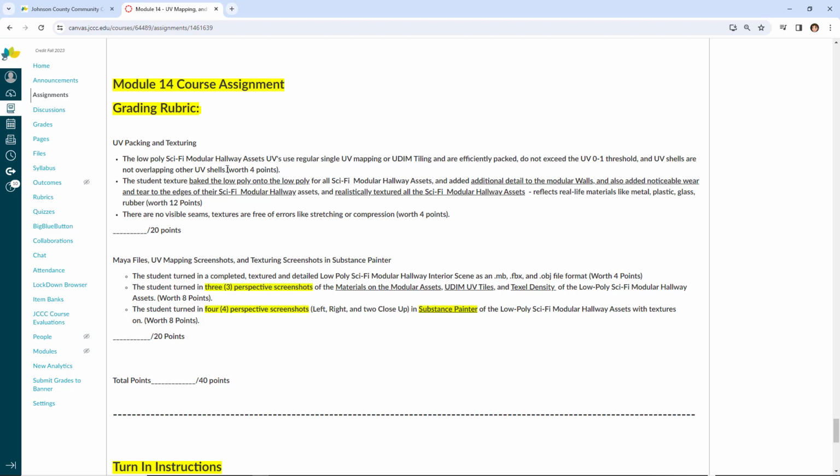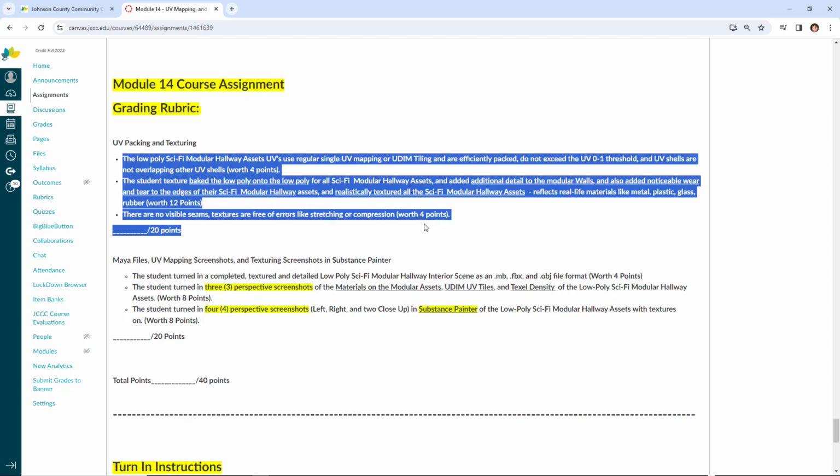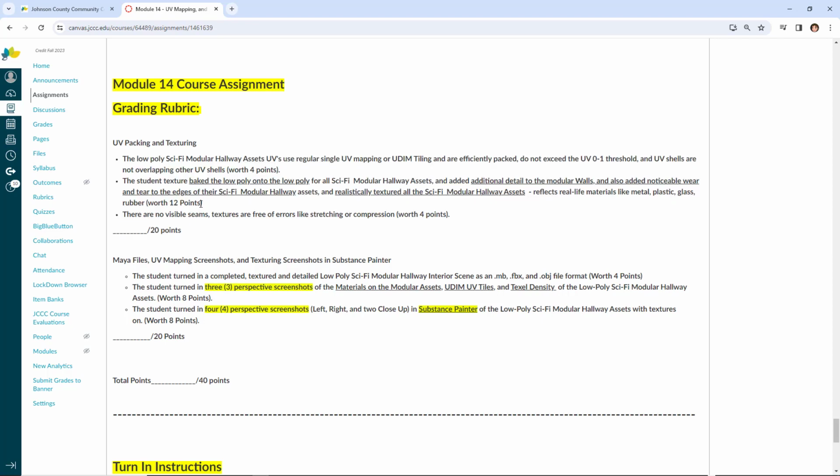Okay, so if you give me no screenshots, you won't just be getting 20 points taken away. If I can't grade you on UV packing, texturing from those screenshots, then basically you get no points, 0 points on everything, because it is imperative that I have those screenshots to be able to grade you for this stuff, if that makes sense. Okay? So, no screenshots, no points, and each day that you're late turning stuff in. Even if you turn something in, like you gave me your MB, FBX, and OBJ file, I can't grade any of this stuff without the